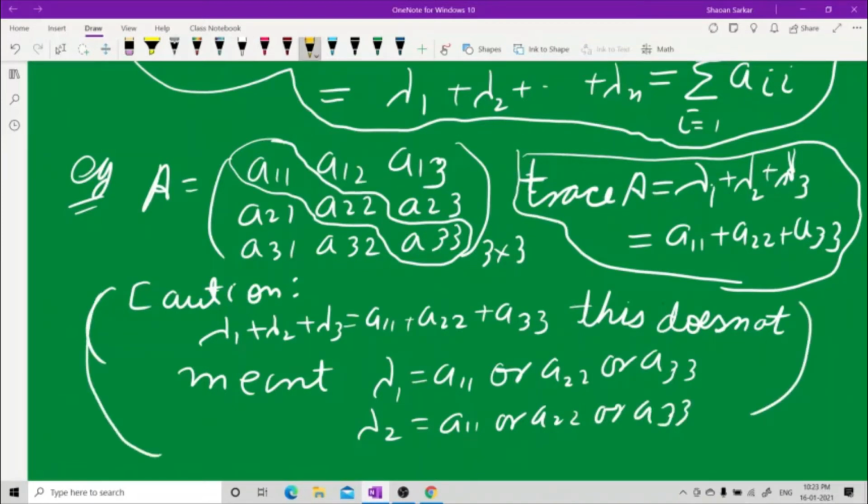So let me underline caution. This is a caution. Do not think this way. They are not equal to any one of these. I'll tell you with an example. Now